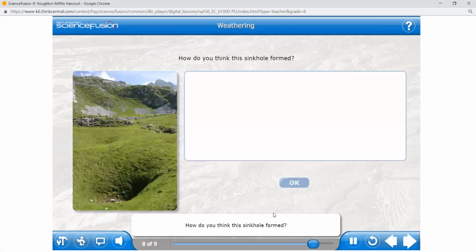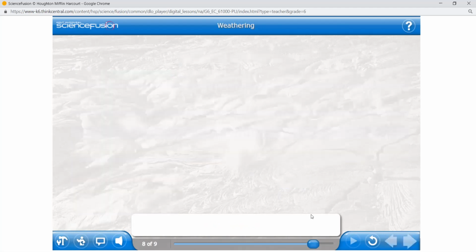How do you think this sinkhole formed? Type your answer. Click OK when you're done. What do you think, girls? How was this hole formed? Is it because of chemical or physical? Any idea?